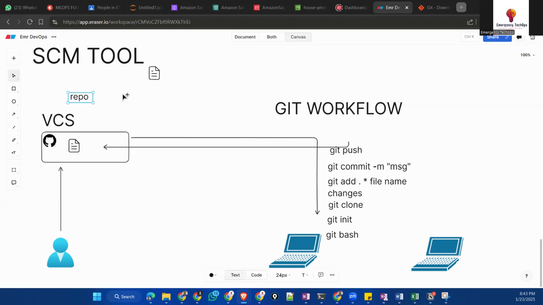Repo is nothing but a folder in your GitHub where you keep all these program files. And when you are cloning, you're cloning this one to here. When you clone this one, here we call it a local repository. It's our local area, right? When this repository is here, we call it a remote repository. The original will always be here only in the GitHub.